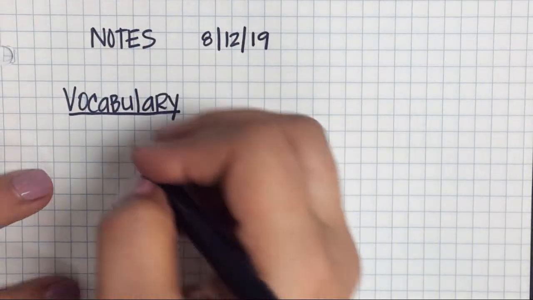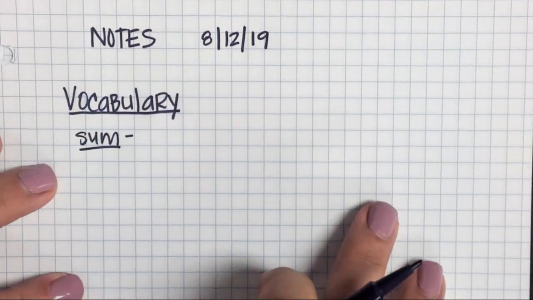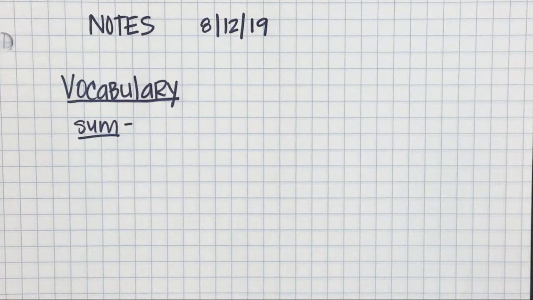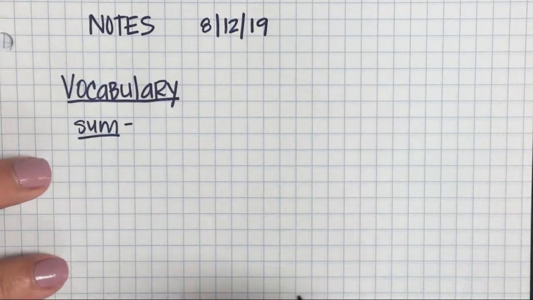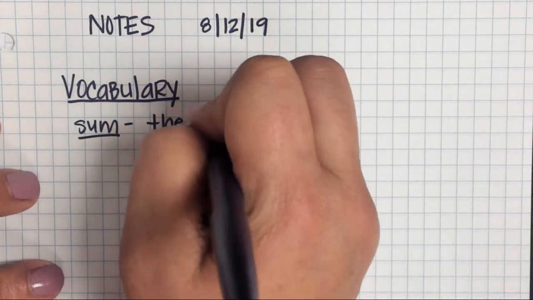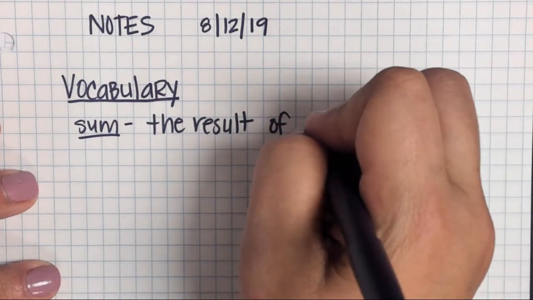Alright, and your first word is going to be sum. Someone tell me in your own words what you think the definition of sum is. What you think? Absolutely. Now I'm going to change the words just a little bit. Did everybody hear what he said? Answer to an addition problem? I'm going to change it just a little bit. We're going to say the result, which we know the result, of course, is the answer. The result of adding